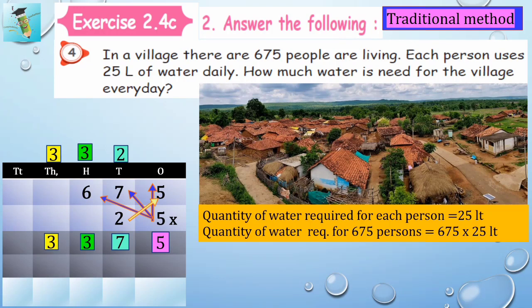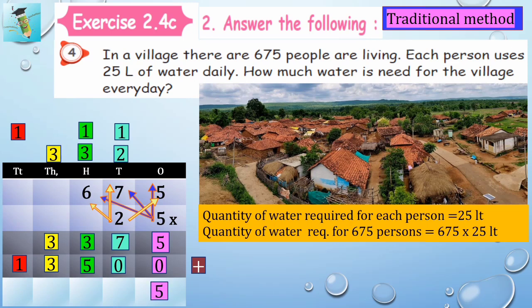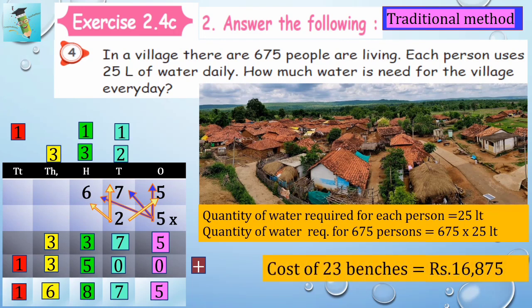I think you must have understood this. So before that we need to put 0, isn't it? Good. So 2 5s are 10 now, and 2 7s are 14, and one more is there, so 15. So 5 down and 1 above, then 2 6s are 12 and plus 1 added, so the answer is 13. Is it clear? Good. Now we are going to add these, 5 and 7, here 8, 6 and 1. Good. So what will be the answer?